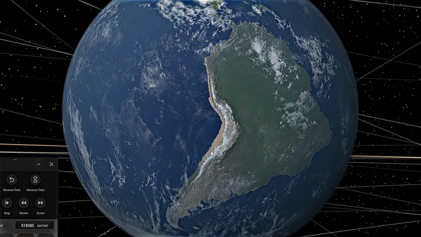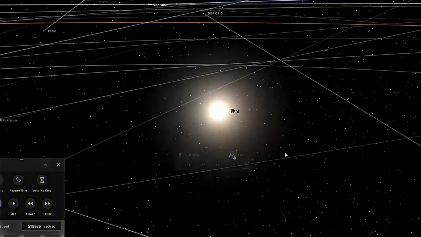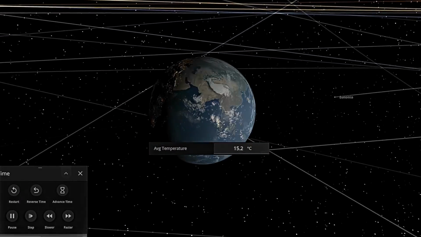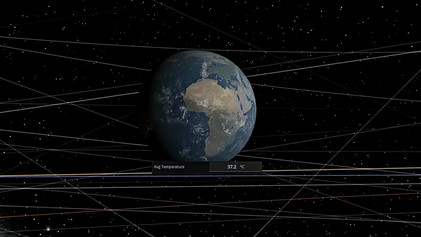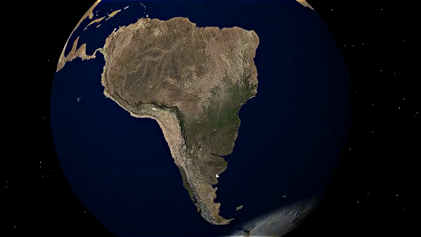7. Sun temperature doubled and beyond. What would happen if the sun were much hotter? So let's start slowly and double the heat of the sun. Yeah, we can see that the Andes Mountains have started to melt. Okay, the rest of the planet seems to be normal. So let's increase it a bit more.